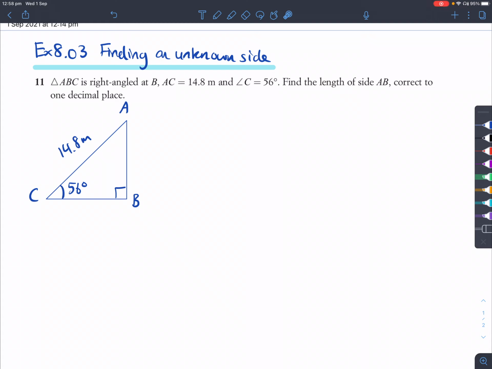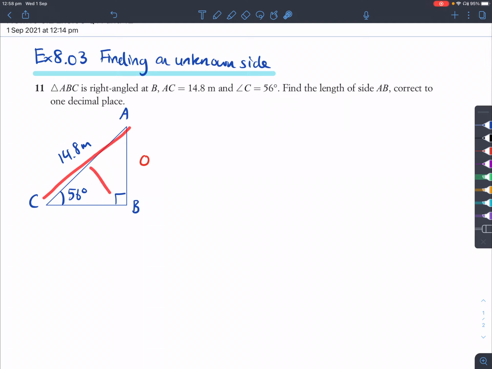Okay, now that would be the opposite side, whereas this edge here that we've written is opposite the 90-degree angle, and that is our hypotenuse. So using SOHCAHTOA, the part that contains O and H is SOH. That resembles sine ratio. So we're going to do sine of 56 degrees equals the opposite in this case,